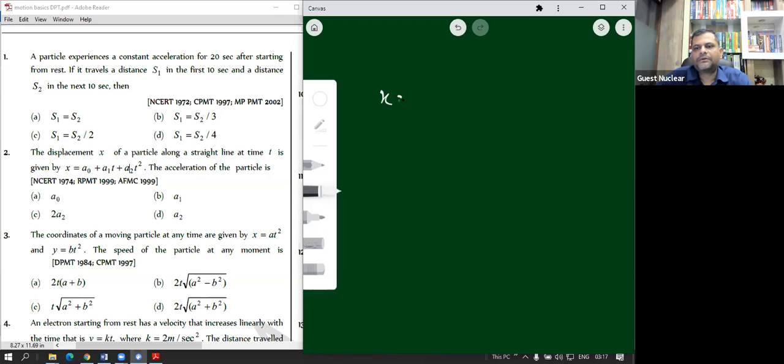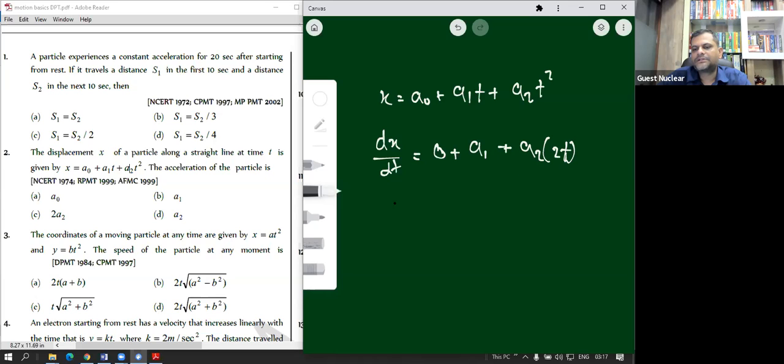Simply we have to differentiate it twice, a naught plus a1t plus a2t square. If we just differentiate it once, we get 0 plus a1 into 1 plus a2 into 2t, and this is going to be the velocity, which is going to be a1 plus